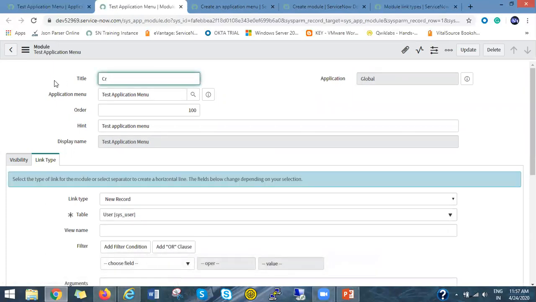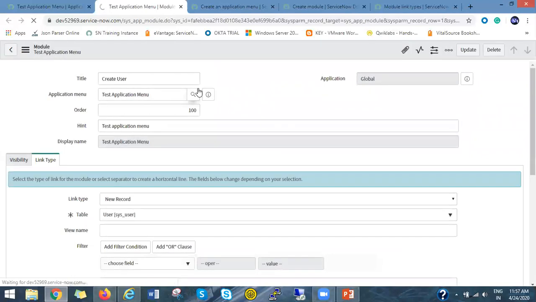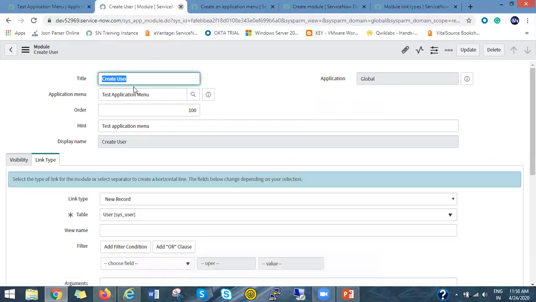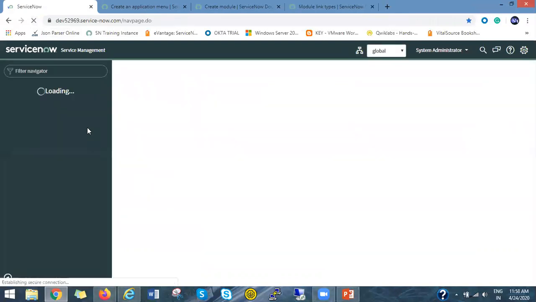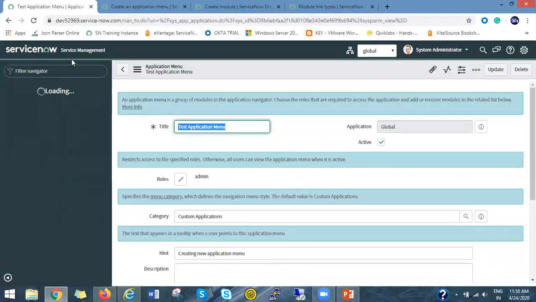Okay, so create user is the module name. So I've changed the module name. Now just refresh the page. I'm refreshing the application navigator of this home page.